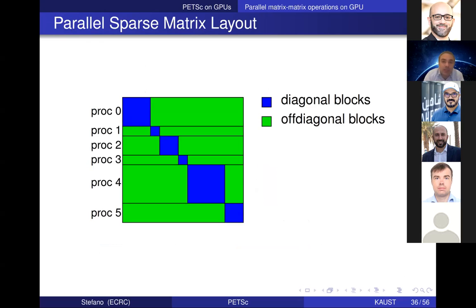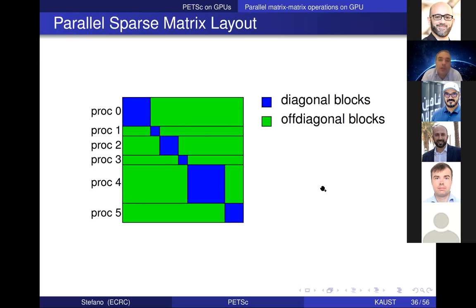So second application, which is not an application, but second thing I would like to discuss that we are currently working on with PETSc is how to perform parallel sparse matrix multiplication with GPUs. So this is a standard layout of a parallel sparse matrix, which is distributed by rows in chunks in parallel. So process 0 owns this chunk of rows, process 1 owns this one,